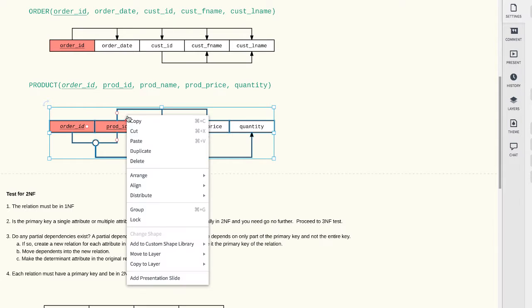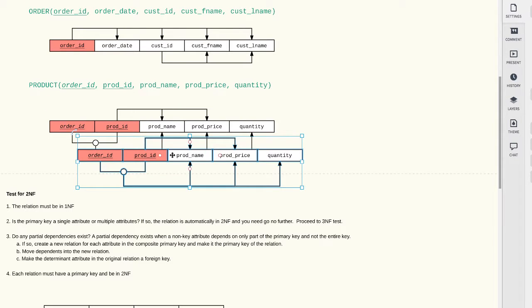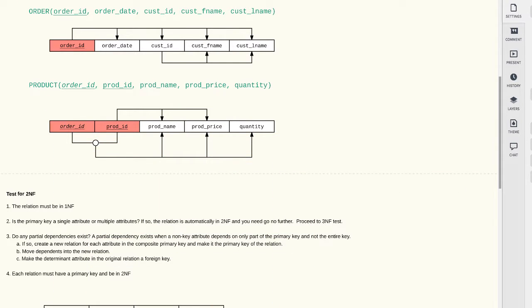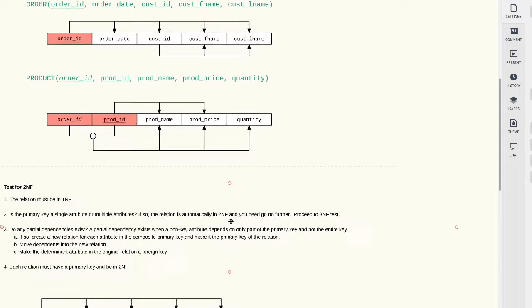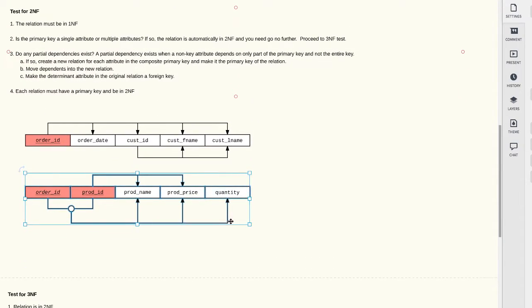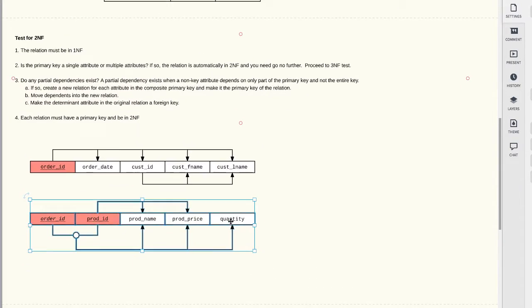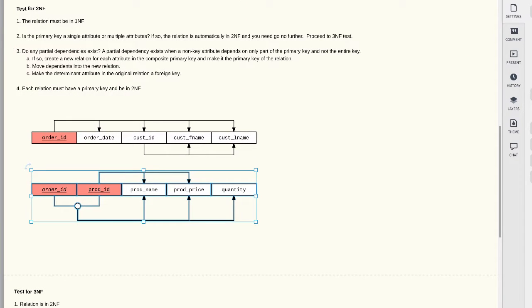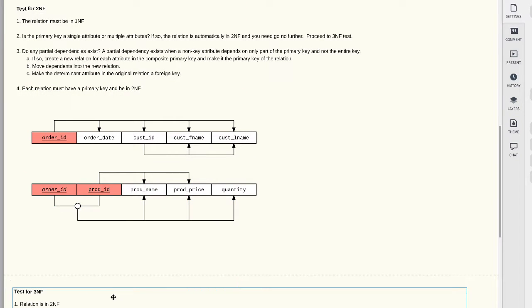They're going to go off screen for a second here, but I will get everything the way it should be in a second. Here we go. Okay, so we're now ready to consider